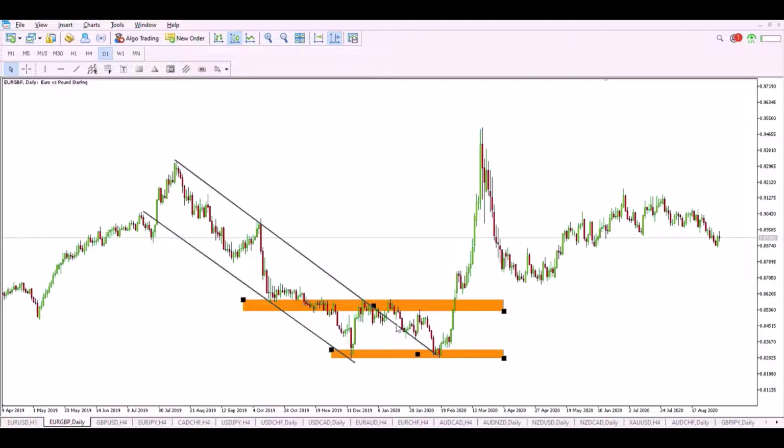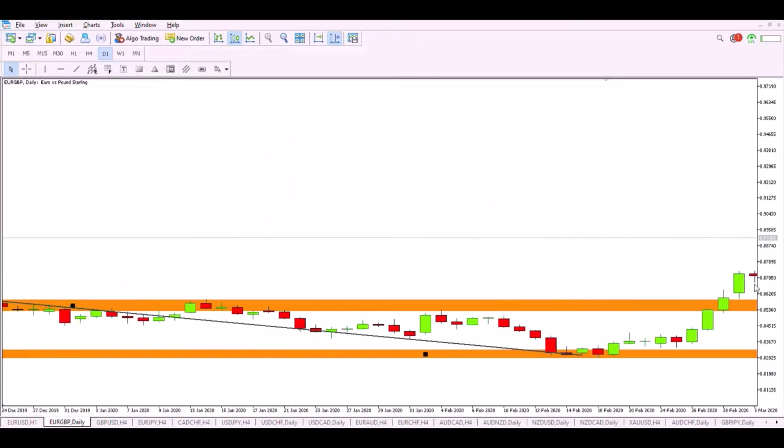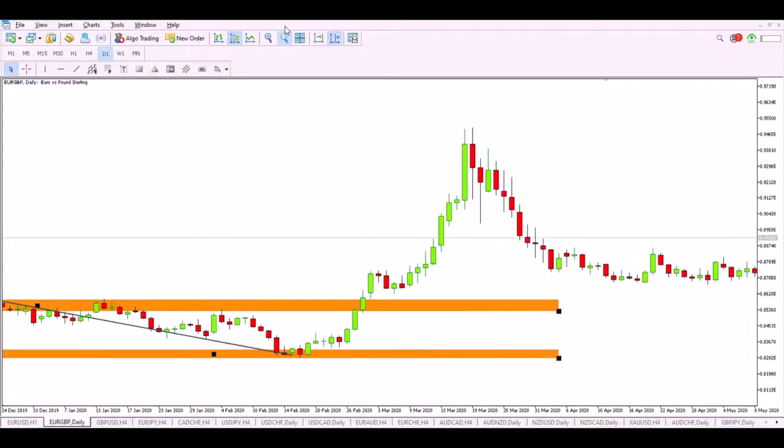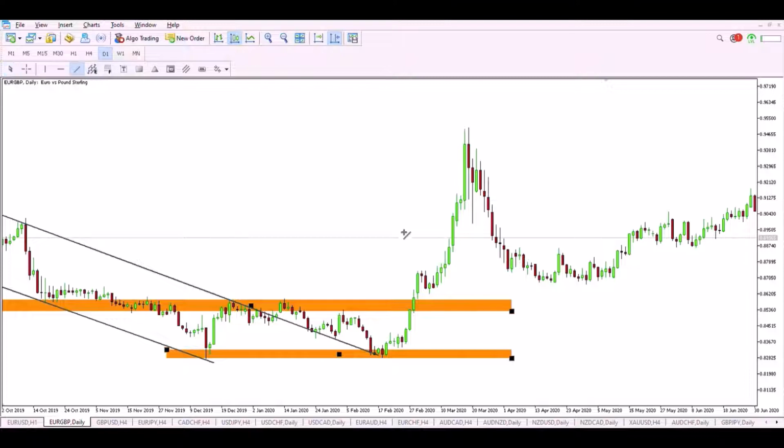So we have the double bottom and we have a break above the neckline. As you can see, if I zoom in, this candle breaks above the neckline, and here we can open a buy trade. So you take a buy trade,